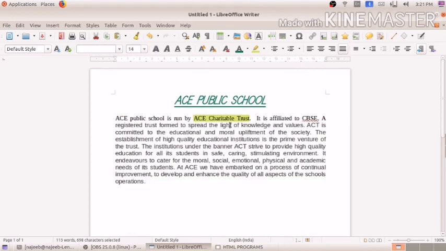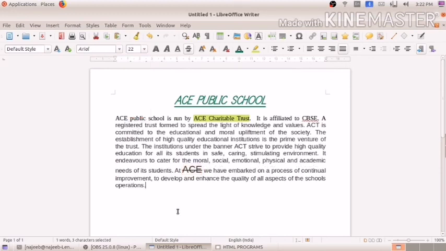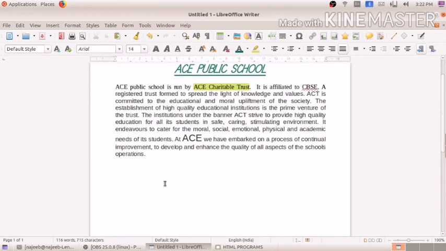Here one strike through is also there. I will give you information about that. If you want to strike something, if you want to strike this Ace, how do you do it? Just select that and click this strike through. Now I show you by increasing the size. Okay, it is struck. This type of strike through can be used when you are showing shopping material, that is, the price of an item.